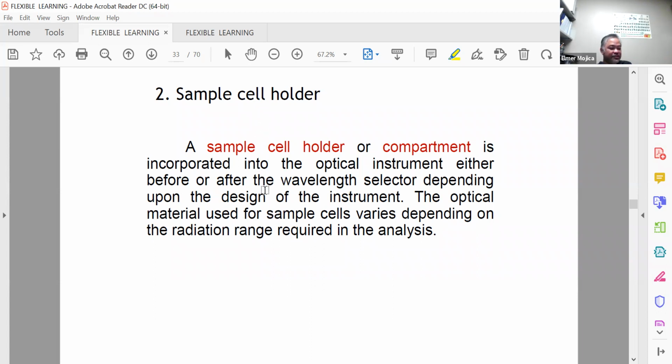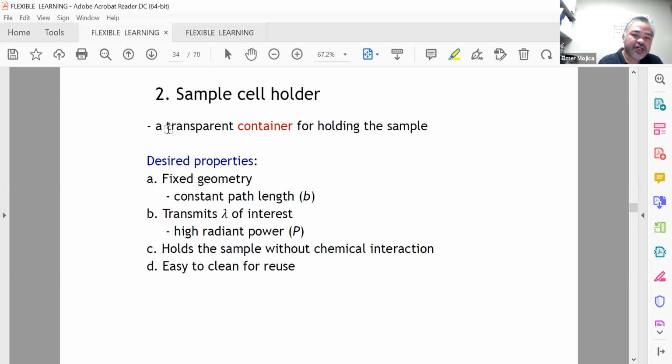Okay. So a sample holder or compartment is incorporated into the optical instrument either before or after the wavelength selector, depending upon the design of the instrument. Now, the optical material used for sample cells varies depending on the radiation required in the given analysis. In most of them, usually you have a transparent container for holding the sample. And among the desired properties a sample cell holder needs to have is fixed geometry. That's a constant